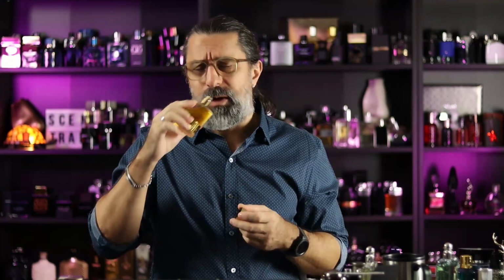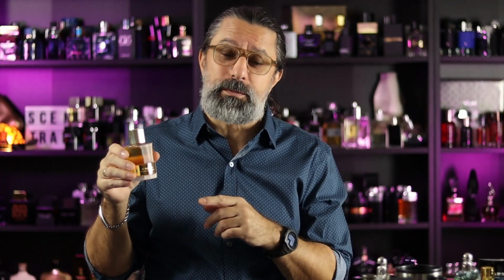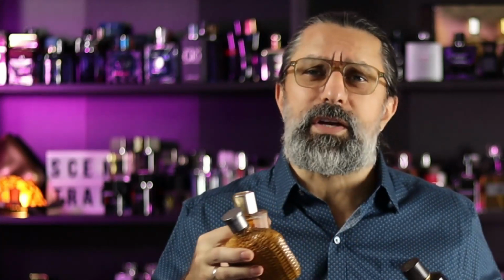Online, this is described as a woody citrus, but with notes like driftwood, incense, oak. You would think that this may be a cold weather fragrance, but I assure you it is not. The lovely mandarin in this one, combined with the lemon, stay throughout the whole entirety of the fragrance. It's a little bit on the linear side. Costa Azzurra stays at the very top for me, or near the top of summer fragrances, if it wasn't for